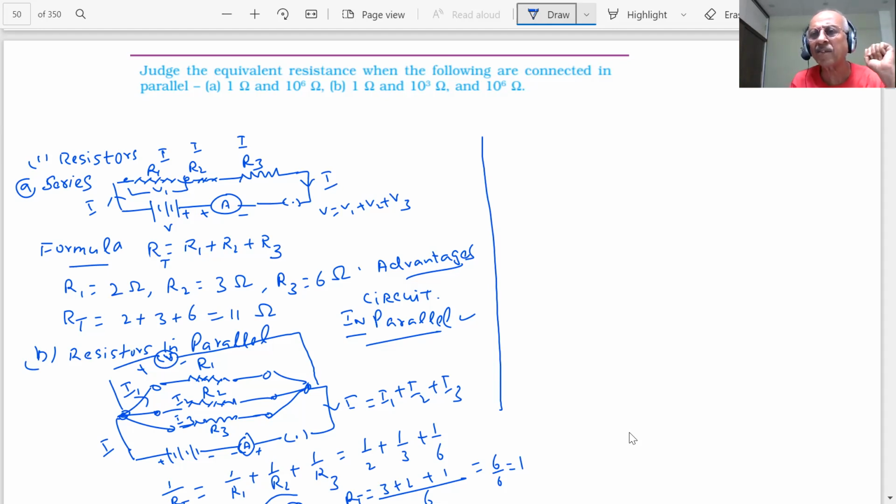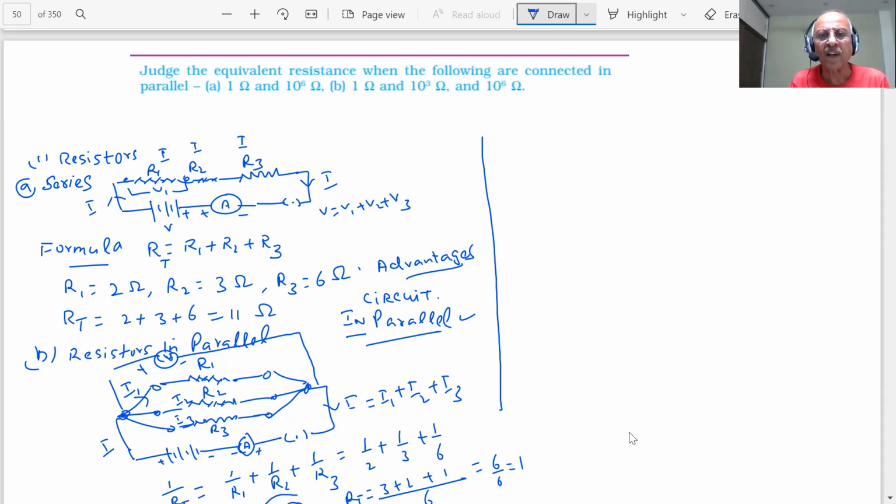If it is a series circuit, what will happen? The same current is flowing through all the appliances. It is not possible for appliances to work, because different electrical appliances require different amounts of current. And in a series circuit, if one of the components is fused, what will happen? The circuit will get broken, and the other electronic devices will not work.